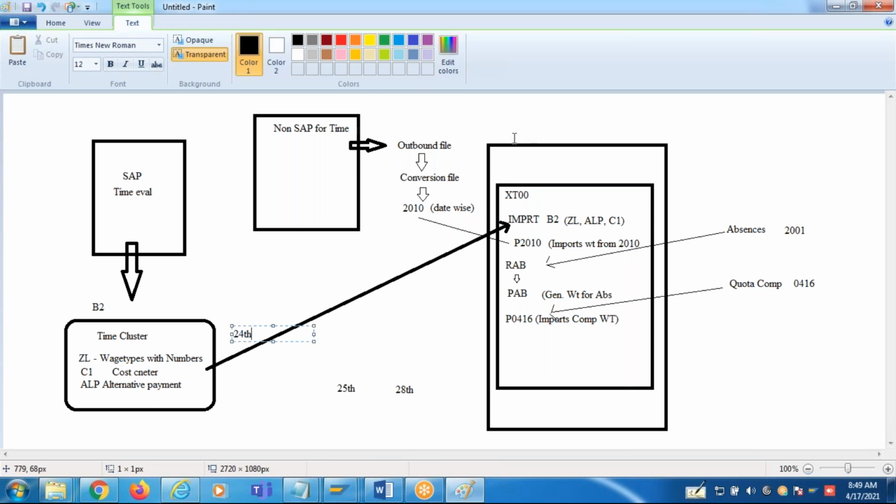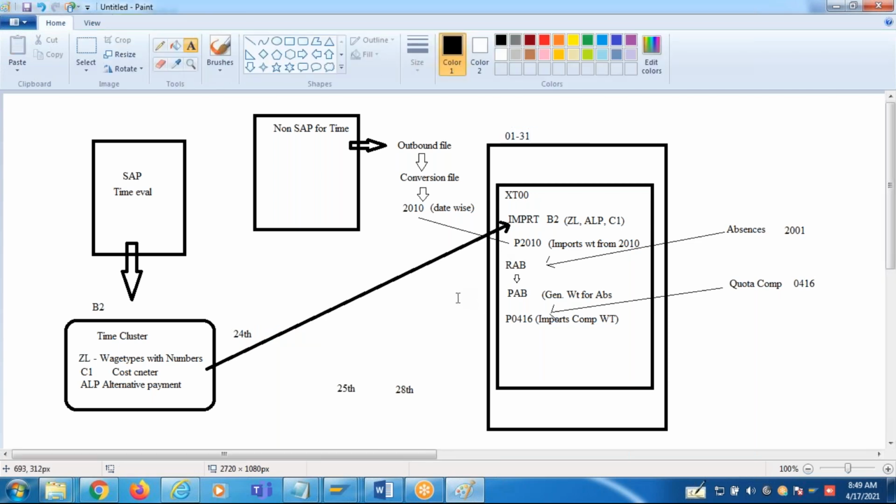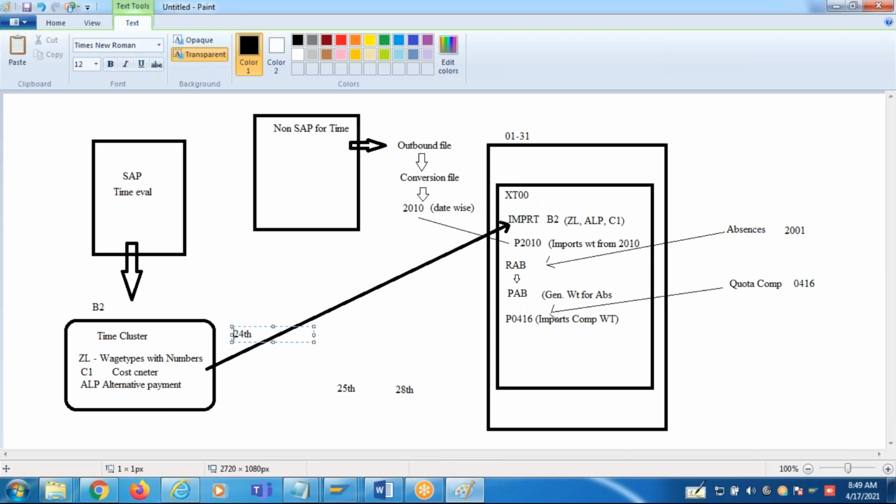But I'm running the payroll for the entire month, right from 01 to 31. Now, if you have time data only until 24th, how do you pay for the remaining 6 or 7 days?